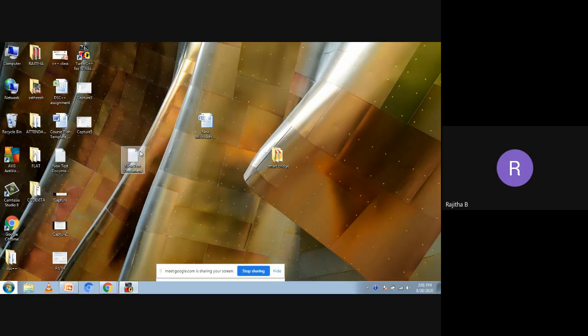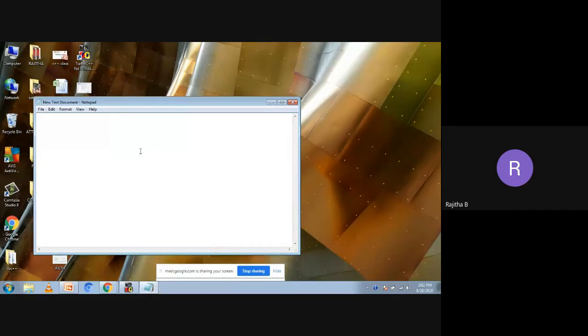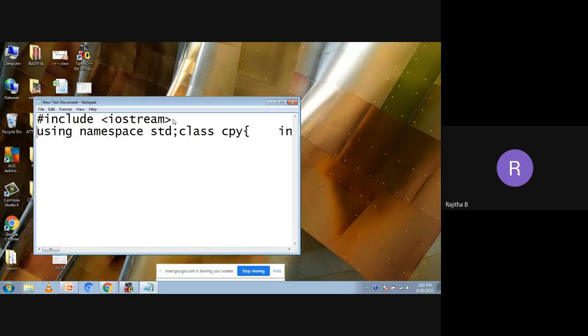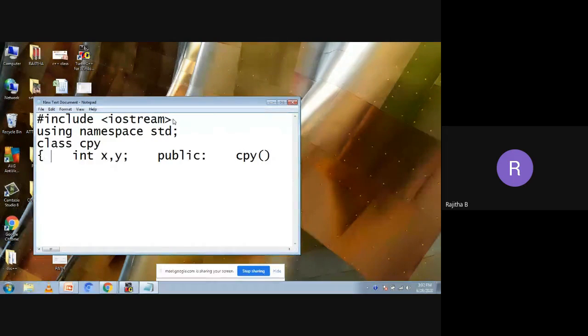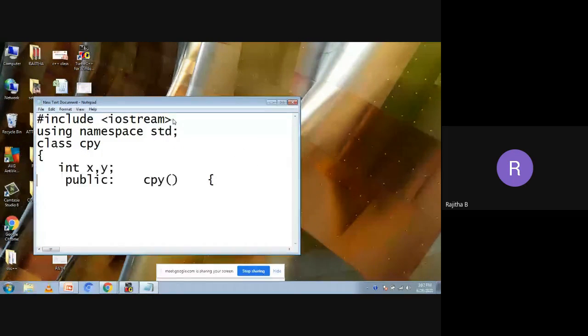So first I want to copy the program in a notepad. Okay. Using namespace std, class copy, and I'm taking the two data members, then public access specifier, then we have a constructor here.